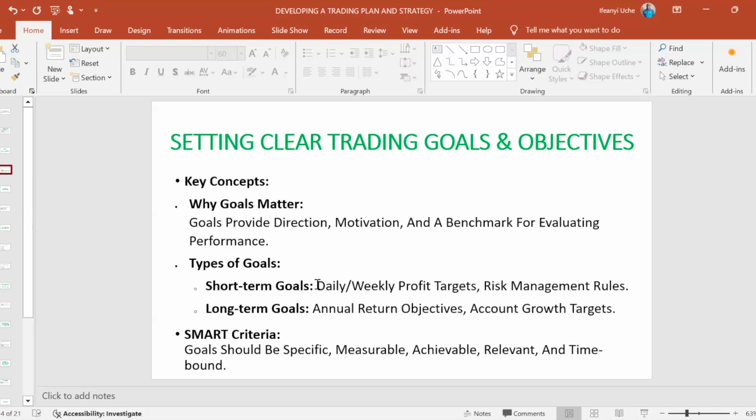So as a trader, because everything we are talking about here now around planning, goal setting, and all that is around trading and not outside of trading. You take them to go and apply in any other sphere or area of your life, but here it's about trading. So when you look at short-term goals for a trader, we'll talk about daily goals, weekly goals, like the profit targets, and then what are the risk management rules for me, even as I'm going for these targets. Because